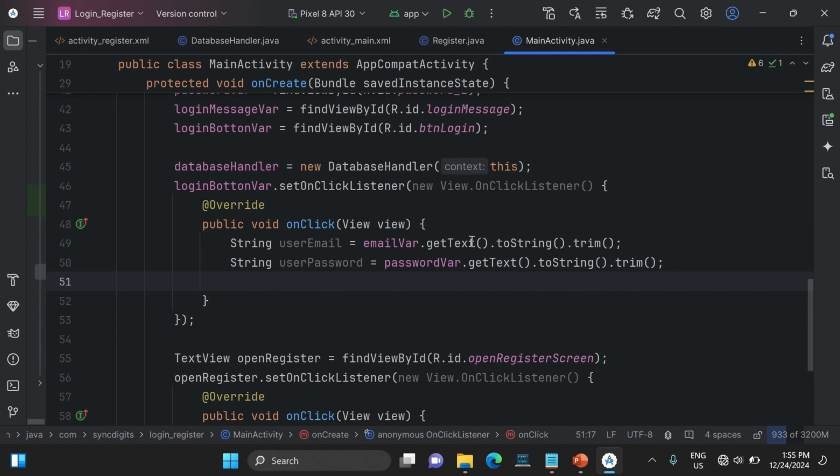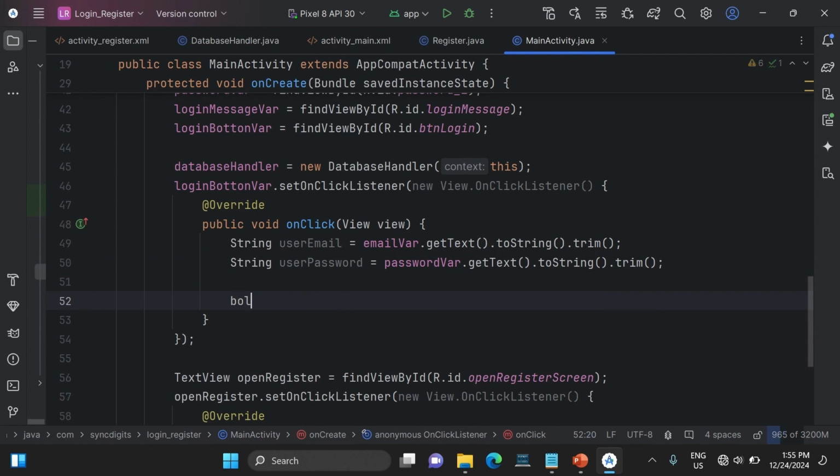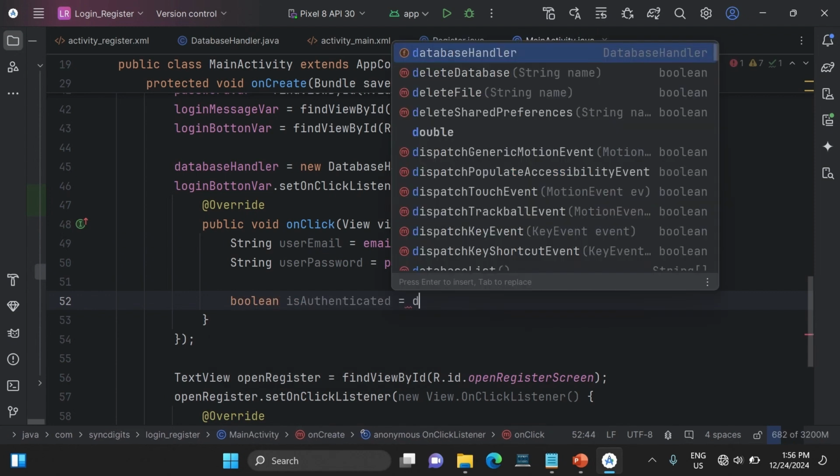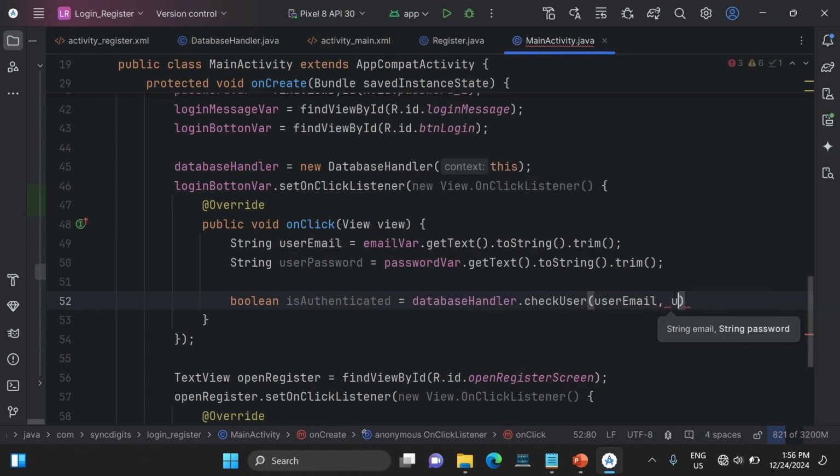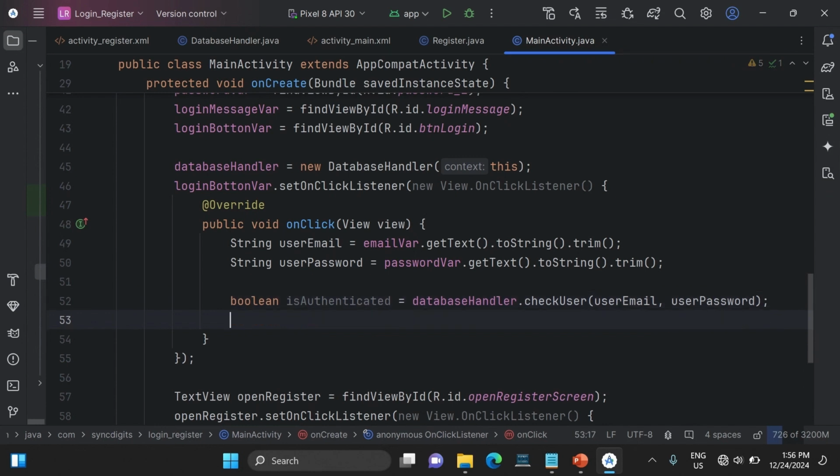Okay, so this one will practically get whatever the user enters. Then, once it has gotten the information that the user entered, we'll have a boolean, isAuthenticated, so create that variable. Then we'll initialize it with databaseHandler.checkUser with the email and password. Remember the check user function or method we created in the